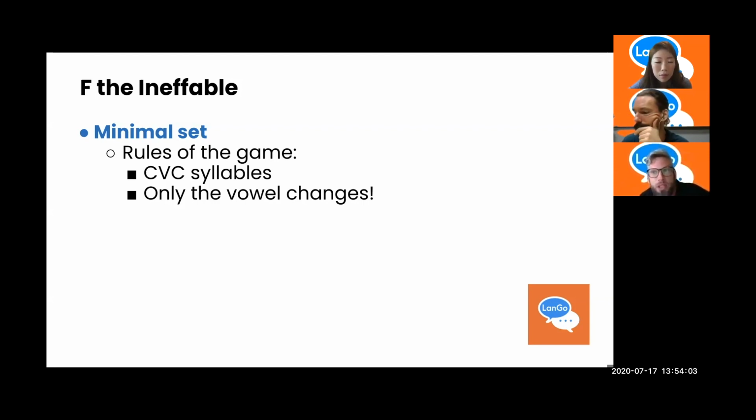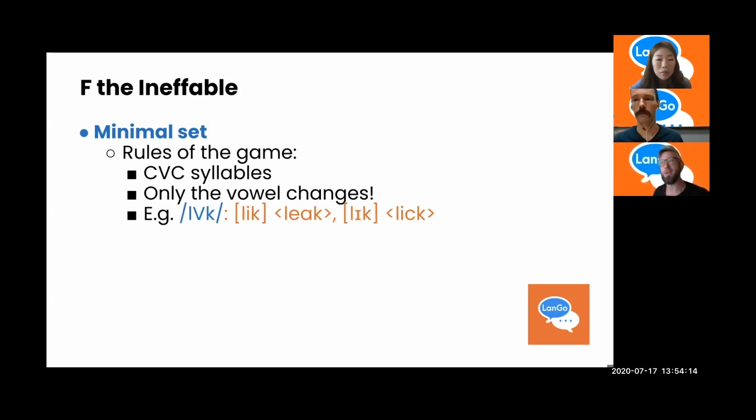We'd prefer if you only use one syllable words, but you're not going to make a very big minimal set with two syllable words. So if you want a big one, you're probably going to have to go for one syllable CVC words. Remember, we're talking about sounds, not spelling. So one of our examples is leak and lick. Even though they're spelled L-E-A-K and L-I-C-K, if we were going to spell them with sounds, they would be L, vowel, K, both of them, but they'd have two slightly different vowels.